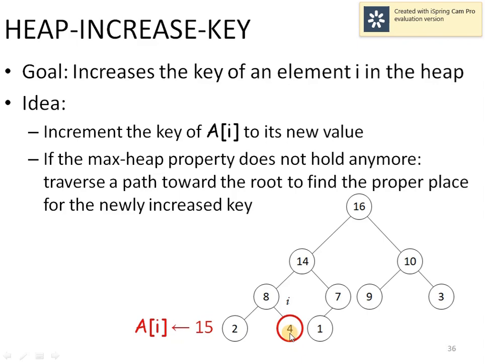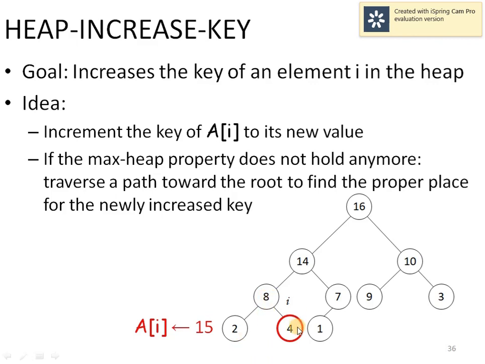For example, if we are trying to replace this 4 with 15, the first step is we will check if 15 is greater than 4 or not. Since it is greater than 4, 15 is going to be the new node value here. And the moment I replace this 4 with 15, you can easily observe that this part is going to violate the property of max heap because 8 is the parent. 8 should be greater than both of its children. So 8 is greater than 2, but 8 is not greater than 15, which is the new node value after the replacement.